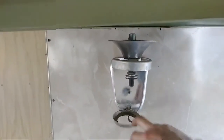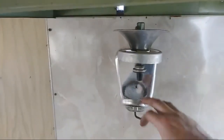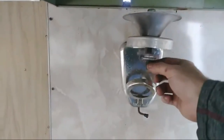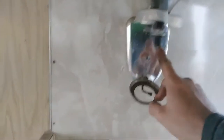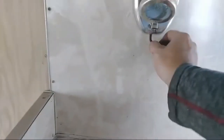This is a Sunlight, which I just discovered this. I was incorrect thinking it was Old Humphrey. It's a Sunlight brand S400. I'm gonna have to get a new one. I don't know anything about gas lamps, so I got to research gas lamps. But I'm gonna get that thing. It's got a glass globe that looks like a cup that's gonna sit in here. There's a wick or a mantle, they call it. I guess I got to buy one of those, and then I should be able just to light it up from the bottom, turn the gas on like so,